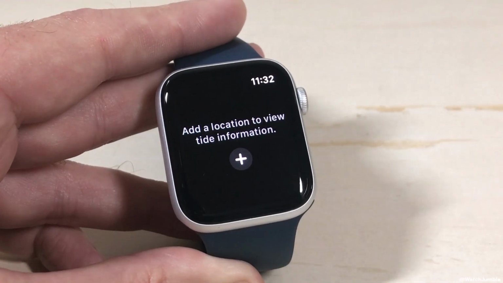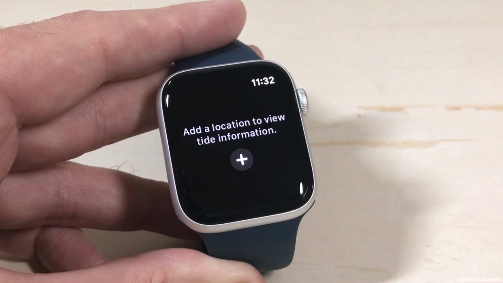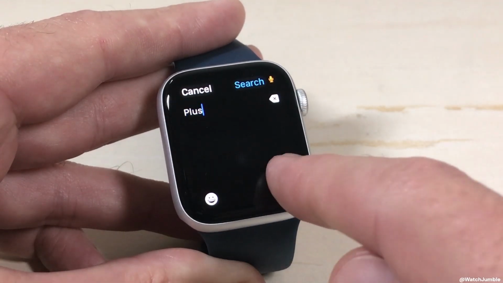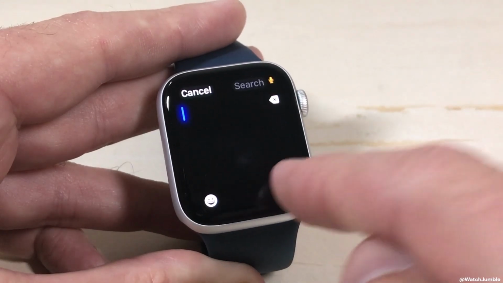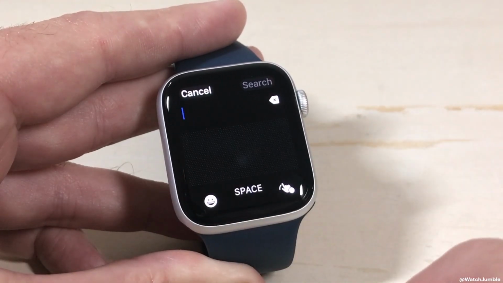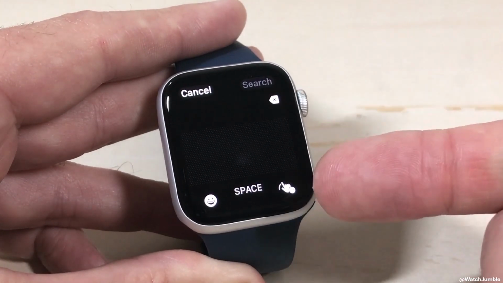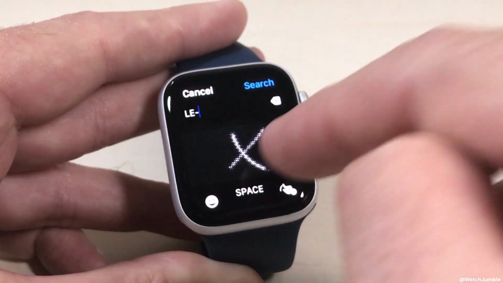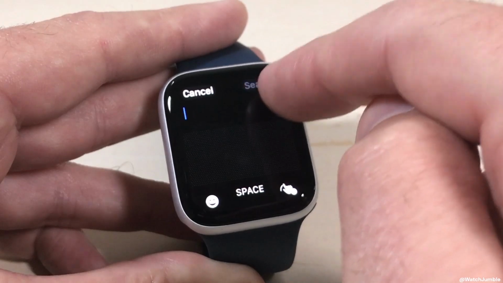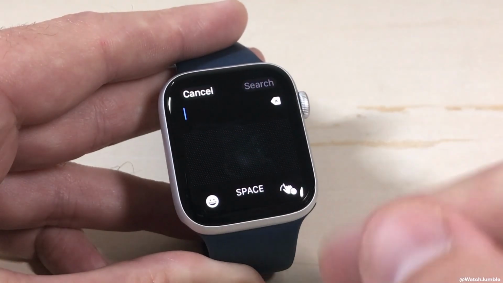This is what it's going to look like when you first go into it. It says add a location to view Tide information. I'm going to simply click on the plus. Now you can have your input different ways. If you're using the screen to write, you can type in your location. I tend to use talk, so